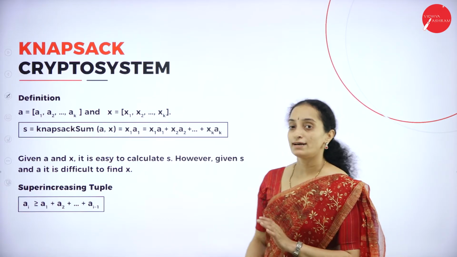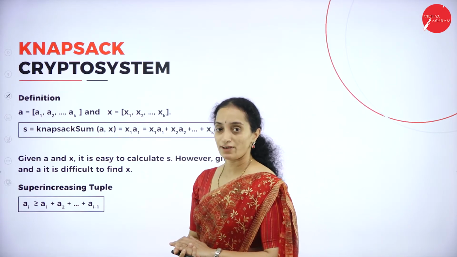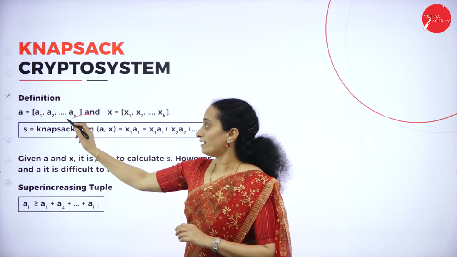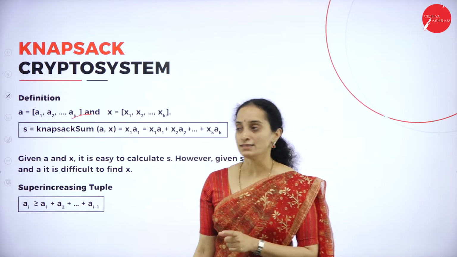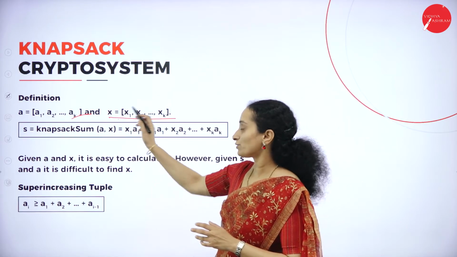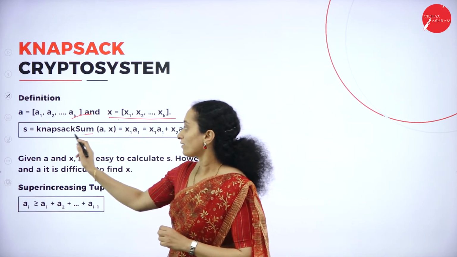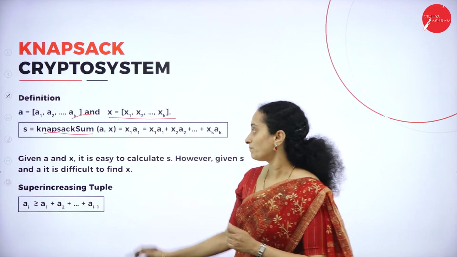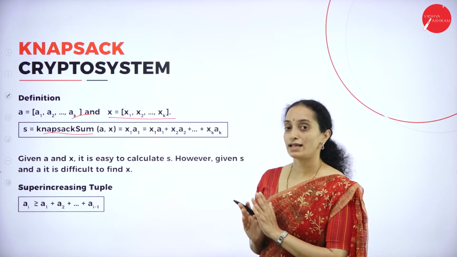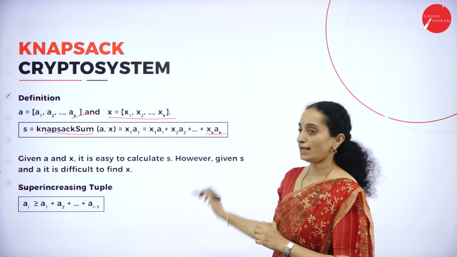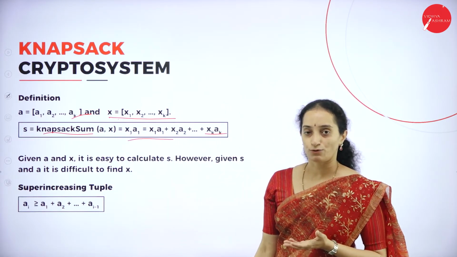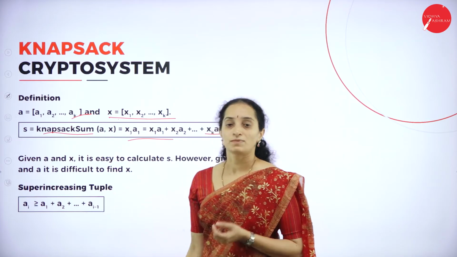Okay, here we have a knapsack cryptosystem where we use a k-set tuple with values a which are predetermined, and x in the range of 0 and 1. It is the combination of 0 and 1. We can calculate S, the knapsack sum, by using the expression x1 into a1 plus xi into ai until xk into ak. You can use this expression in the encryption of the plain text. How can you use it?